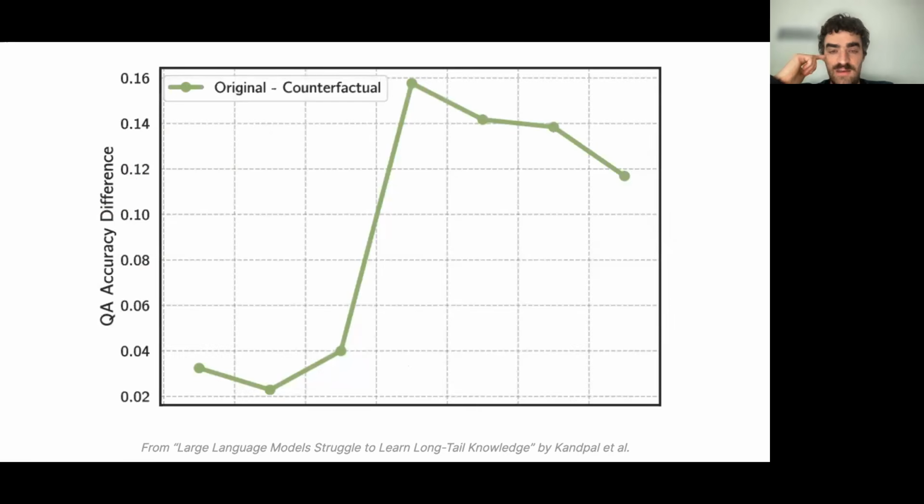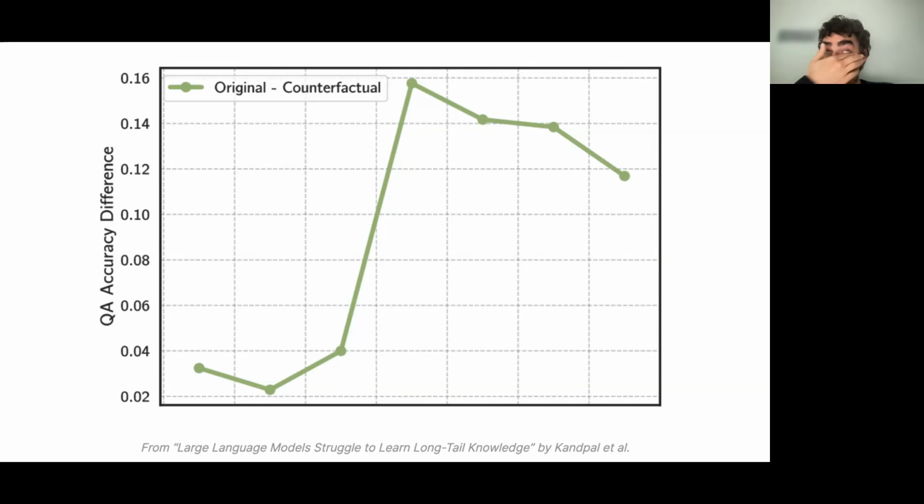So to sanity check that it makes sense, we looked at, and I apologize that the x-axis labels got cut off here, this is just the same scale on the x-axis that we saw before. If we train a language model on a normal unperturbed data set, and then we delete a bunch of relevant documents from it for certain questions, and we compare the original model's performance to the model with the documents deleted on the questions that we deleted relevant documents for, you can see